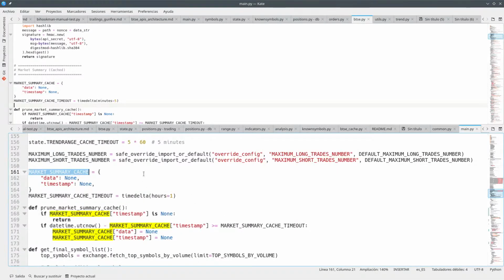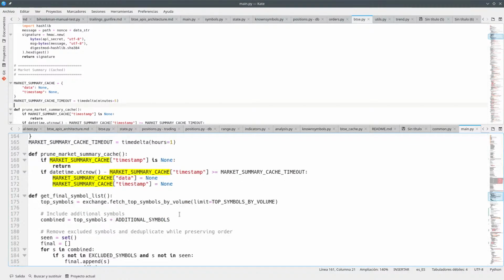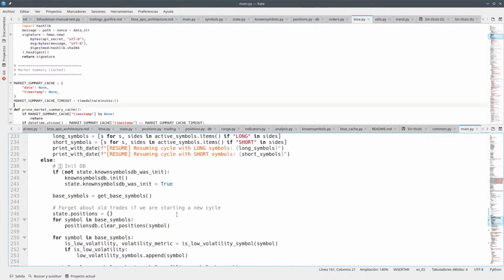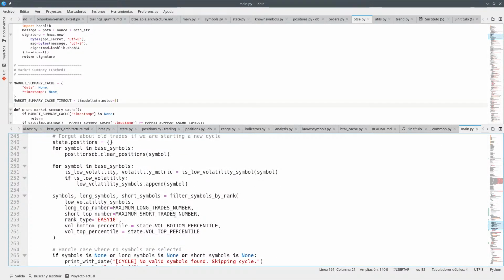What the hell? Look at that, market summary cache. Why the hell is this thing here? Market cache summary. Yeah. What the hell? What the hell? What the hell? Okay, so